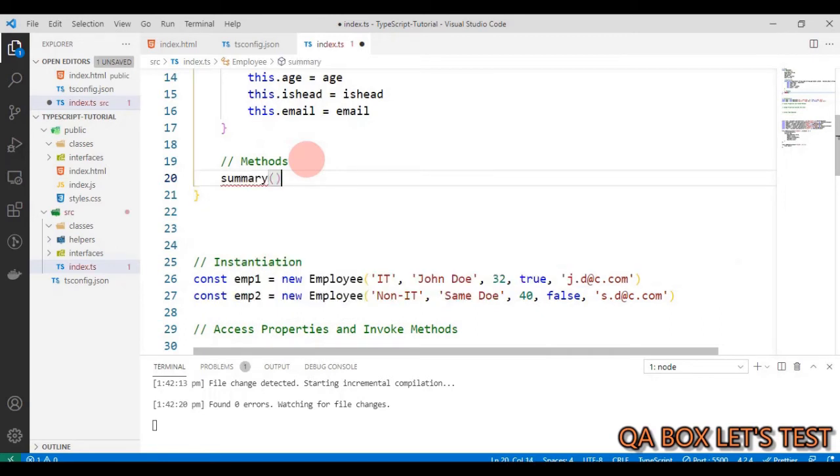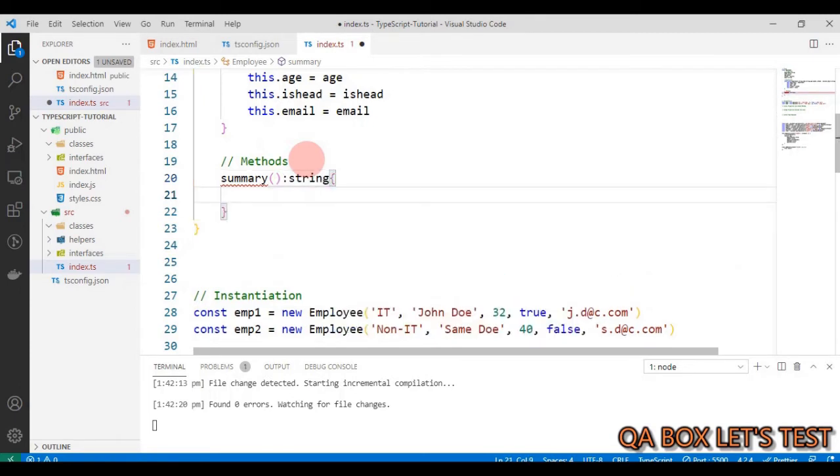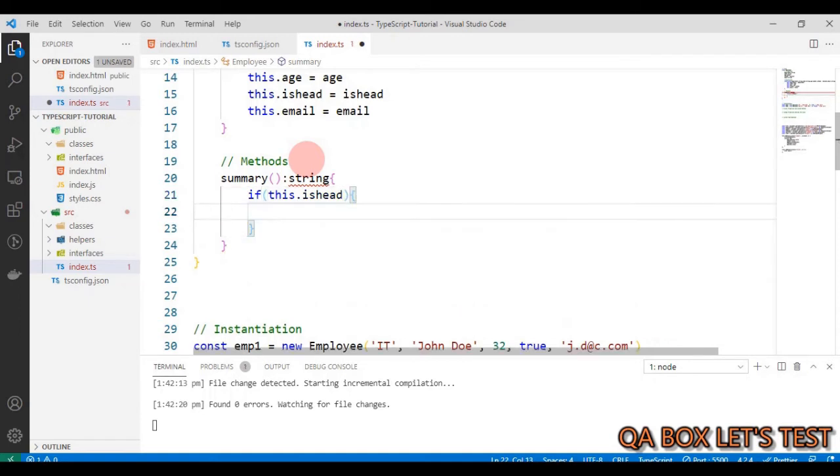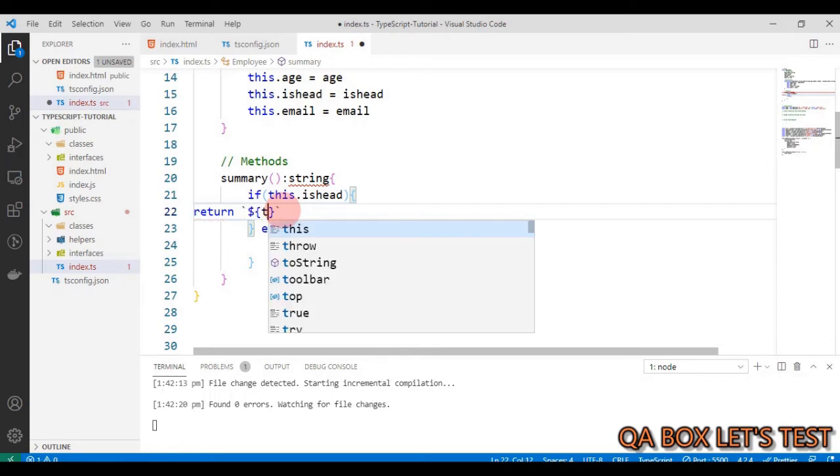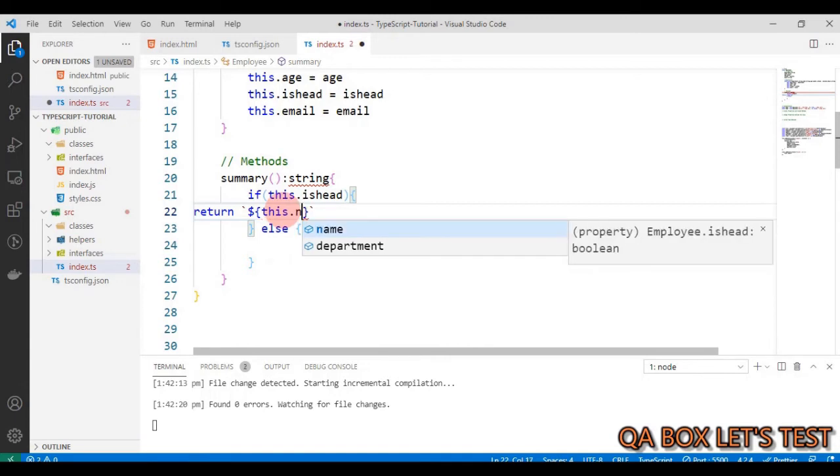Next one is method, so we are going to create a method summary. Okay, and that is going to return a string like so, and we are going to run one check. If this.isHead, okay, then we return one string, else we return a different string. Now we are going to use the string literal syntax, so we just say this.name,